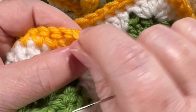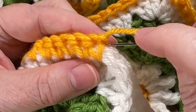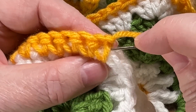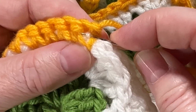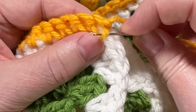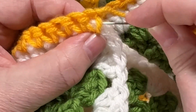All right, let me show you. Let's go up here to where you've knotted off. Make sure everything's nice and tight. Okay, so what I typically do is I'm going to go under these stitches here. But what I'm going to do, and I don't know if you can see that, is I'm going to catch just a little bit of the white. Okay, so I'm going to catch just maybe that much of the white. So you're not seeing it and you're not pulling it, but when I go under the yellow here, I'm going to catch just a tiny bit of white. Can you see? There's only a little bit. I did not go deep